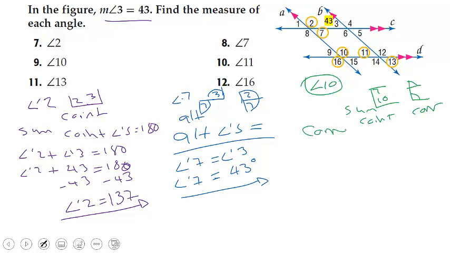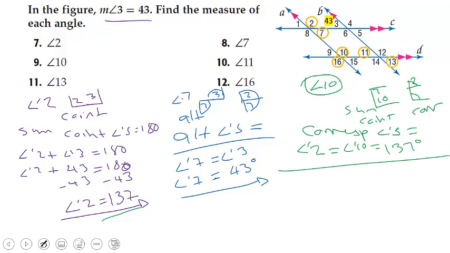I'm going to say corresponding angles are equal to each other. Angle 2 is equal to angle 10, which is equal to, angle 2 is 137 degrees. Done. If you want to do the sum of co-interior angles, then you can say